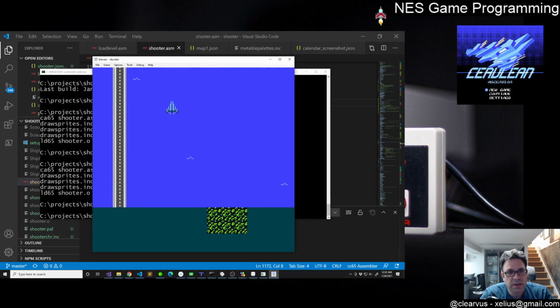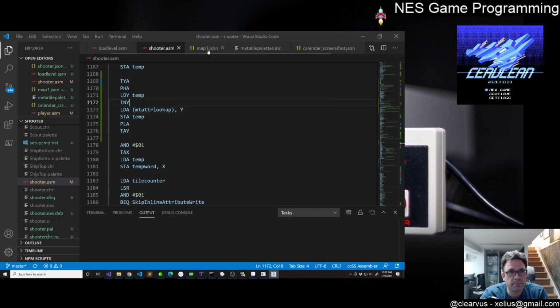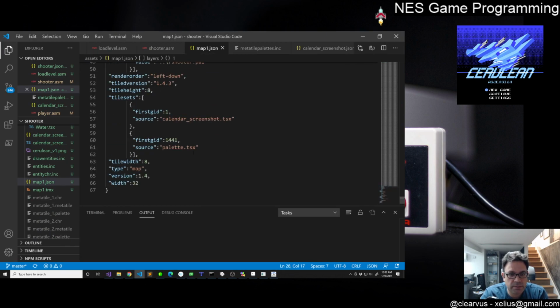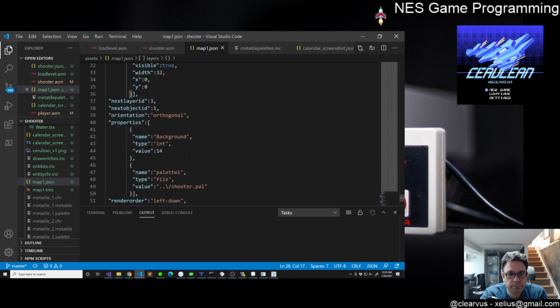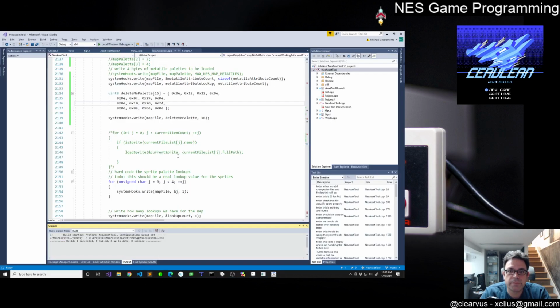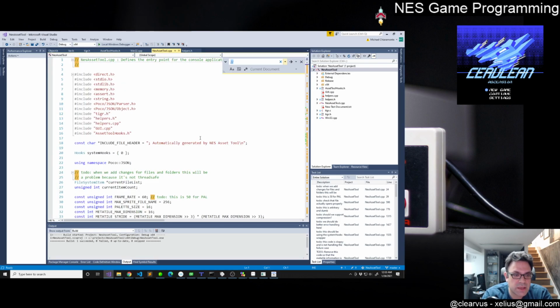So now what we would need to do for the next stream is, we have this entry here. I called it palette 1, but I think I'm just going to have one palette file that gets loaded into the properties. And we want to load that file, and then we want to use that for, in the asset tool, we have